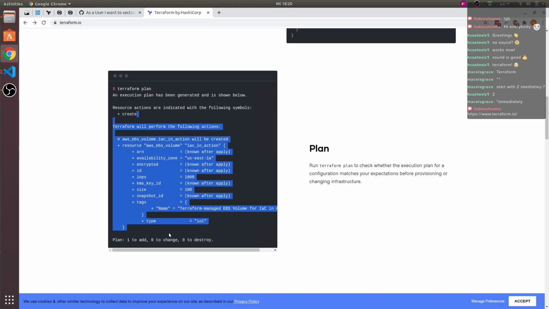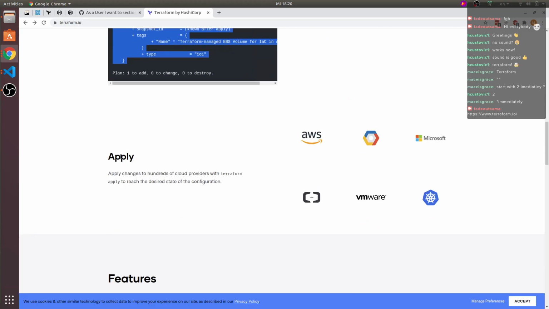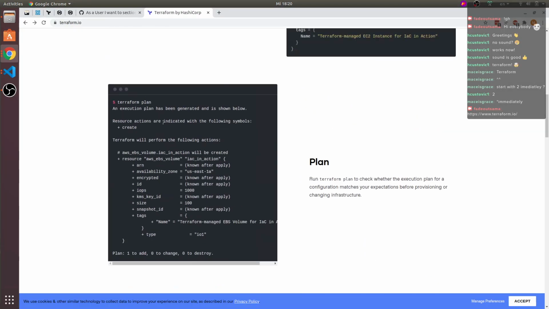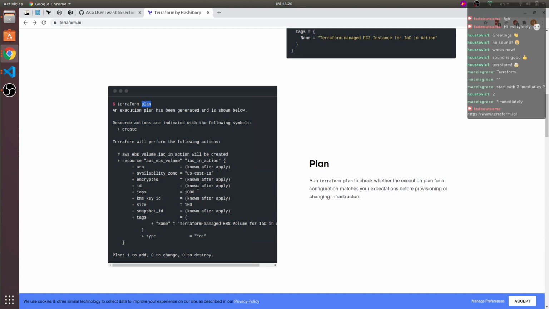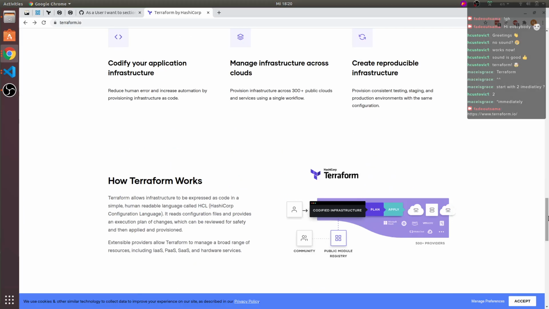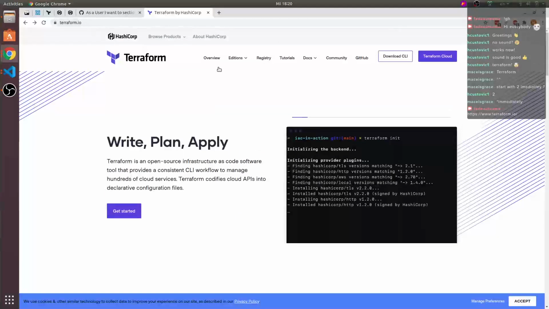You basically could do a PR review, pull request review, and then say, okay, now do it, apply, which is terraform apply. They don't have a picture for it, but instead of plan, you write apply. And that's pretty much it. You have an AWS EC2 instance.